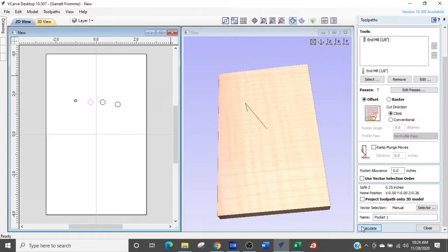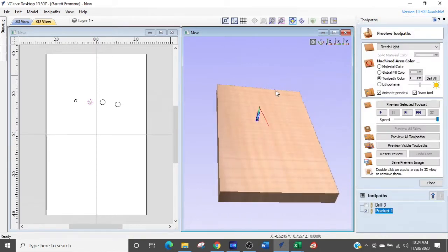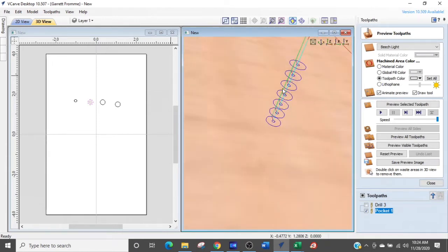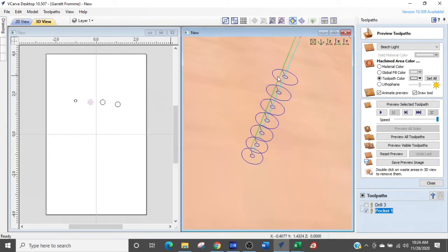So we calculate that out. And let's take a look at this tool path now. What you're seeing are 2 blue circles. And this circle, the inner circle, is kind of interesting. The reason it's creating 2 circles is because the tool in the tool library has a step over